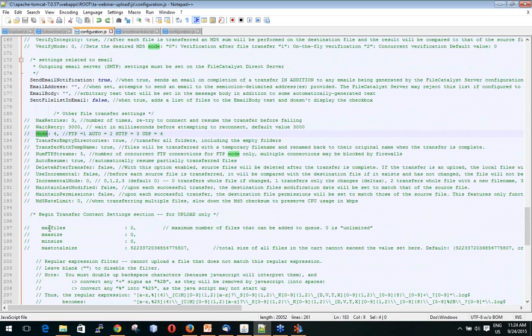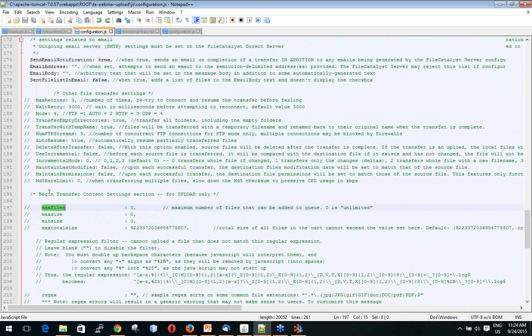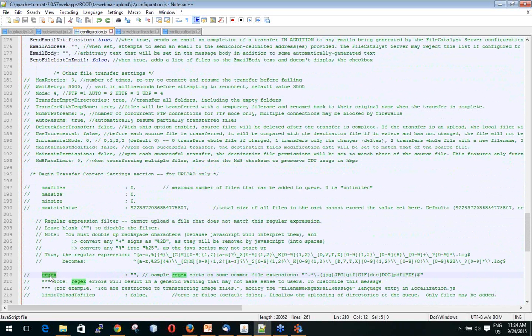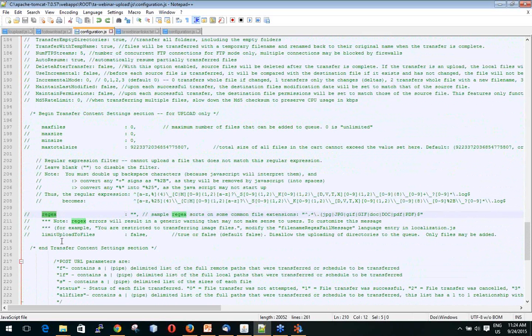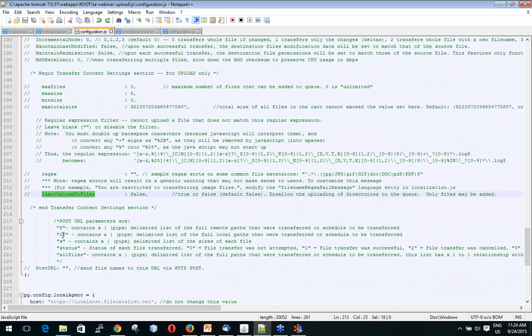You also have the ability to specify maximum file sizes, so don't allow uploading anything over, let's say, 10 gigs. You can specify that here. Regex excludes certain file names based on a regex. You can only limit upload files. You cannot upload directories. A nice part of the transfer agent, this is what I want to talk about,